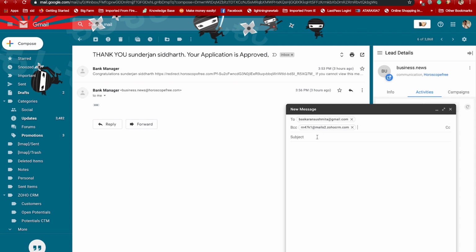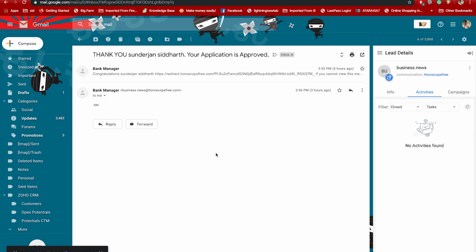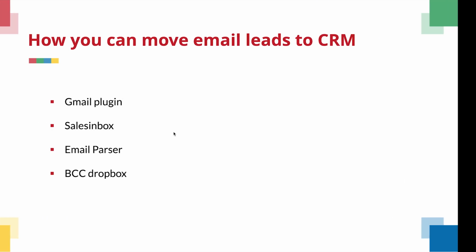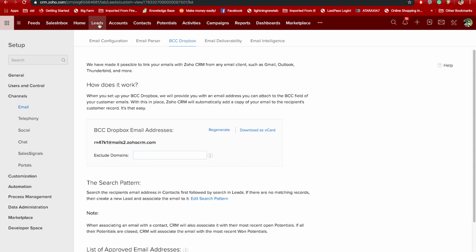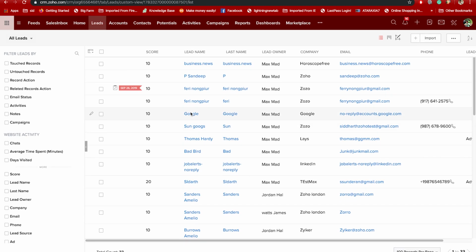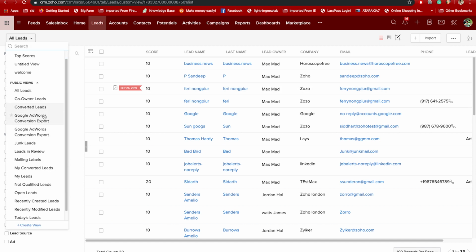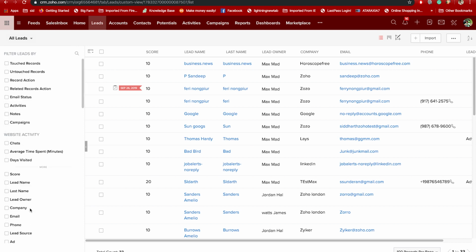Add it in BCC and compose your email. And send. It'll take a couple of seconds.